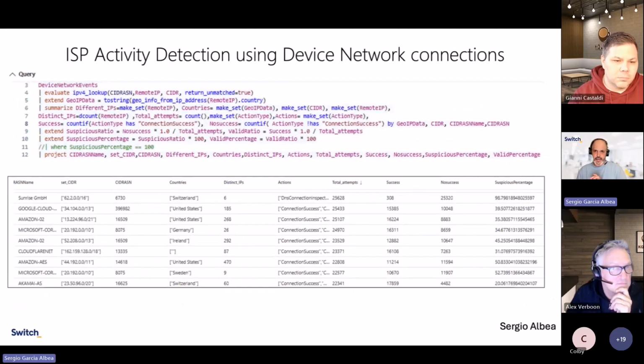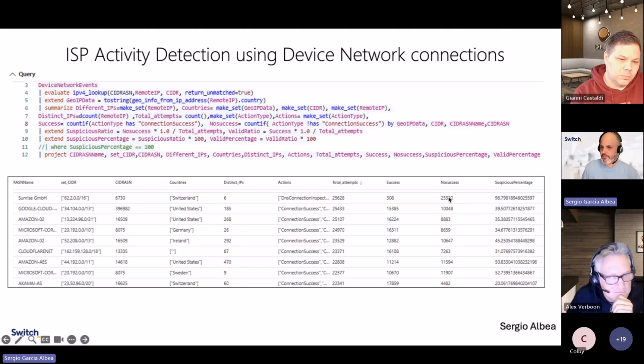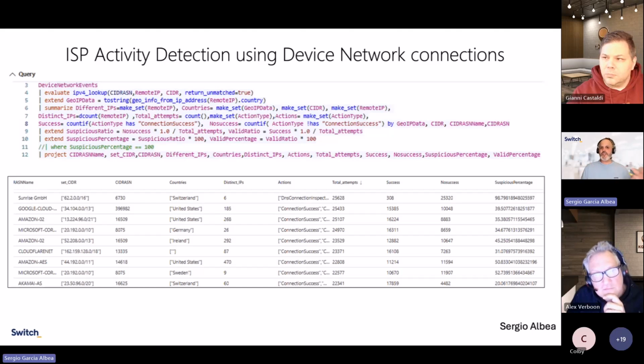And the last one, detection networks. We have the same. Here I'm showing you also the AS numbers. So in case I'm seeing some CIDR or AS number that is triggering connection attempts, and most of them are not successful, as you can see on top, I will go to URLhaus and validate the status of this ISP. And these are just 3 scenarios, but you can imagine, you can select and create a lot more based on other criteria.